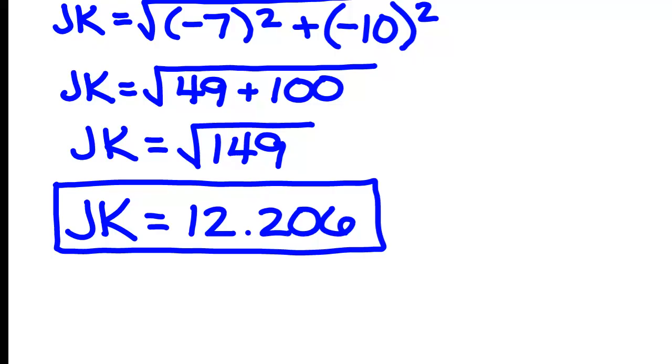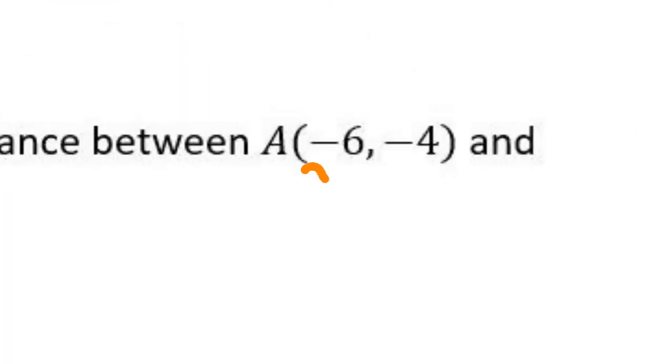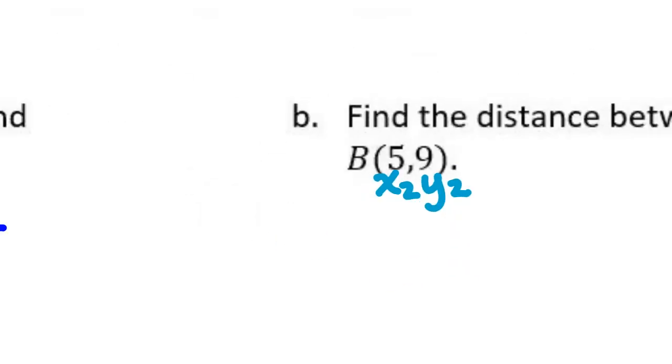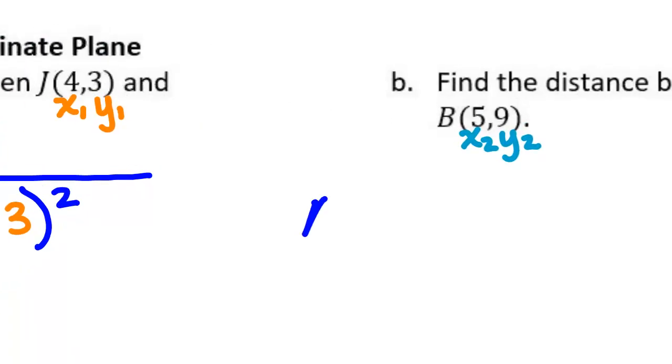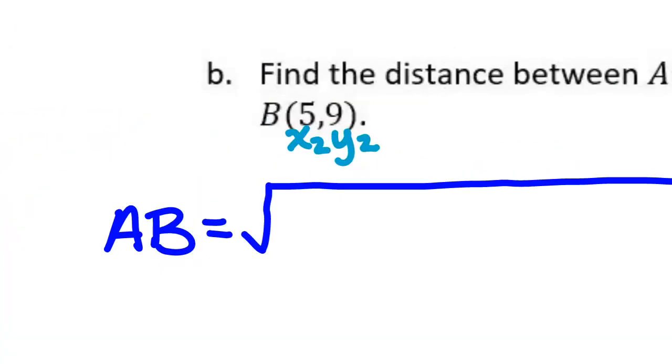Find the distance between A, -6, -4, and B, 5, 9. So we're going to let A, the -6, -4, be the x1, y1. And we're going to let B, the 5, 9, be the x2, y2. And so now the distance from A to B is equal to, and then we have our big long square root sign, parentheses underneath the square root sign,